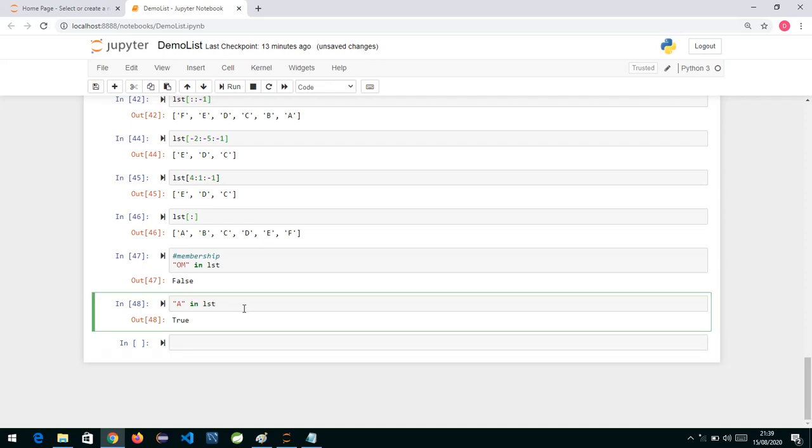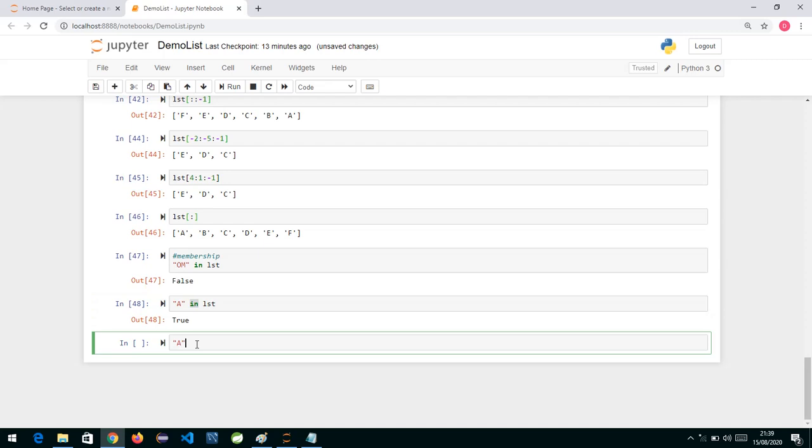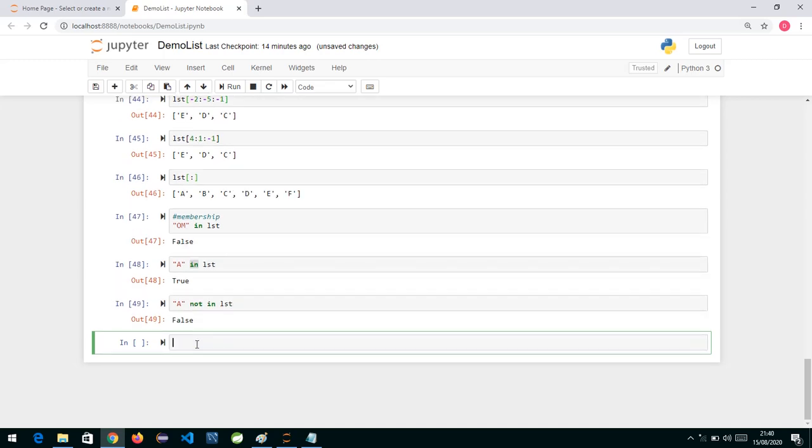So if you want to search whether in a given list a specific element is present or not, we can make use of the in operator. And similarly we also have the not in operator. What not in does is, if the element is not present, it returns true. Now it is present, so it will return false. Exactly opposite. Okay, so the membership operator is used to check whether the given element is present in the list or not. If it is present, it returns true, otherwise it returns false.